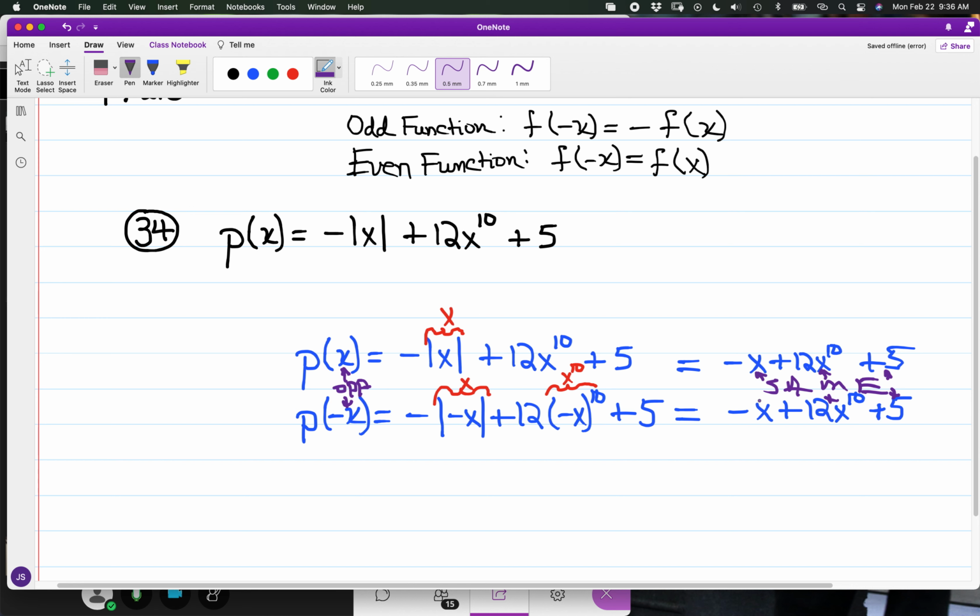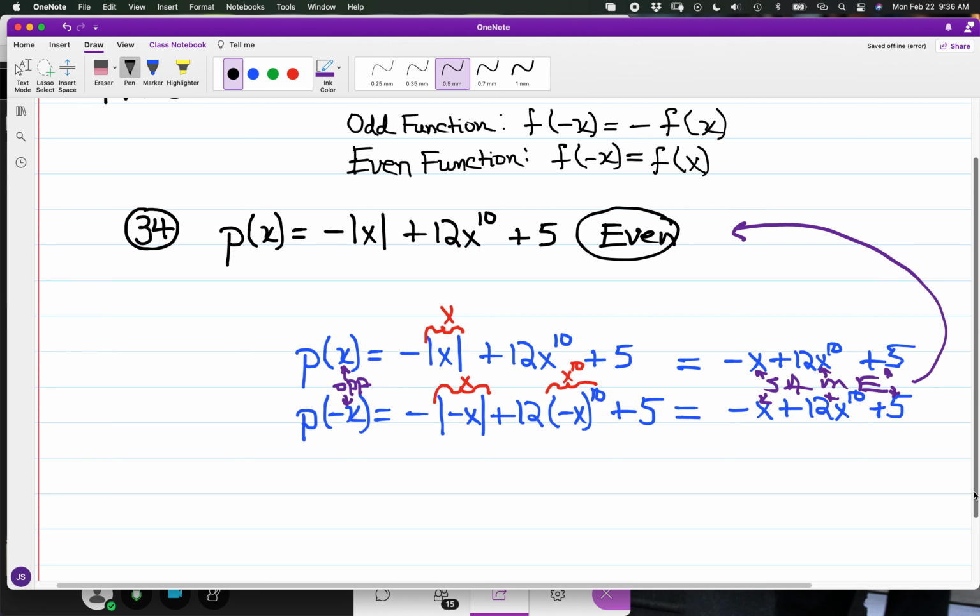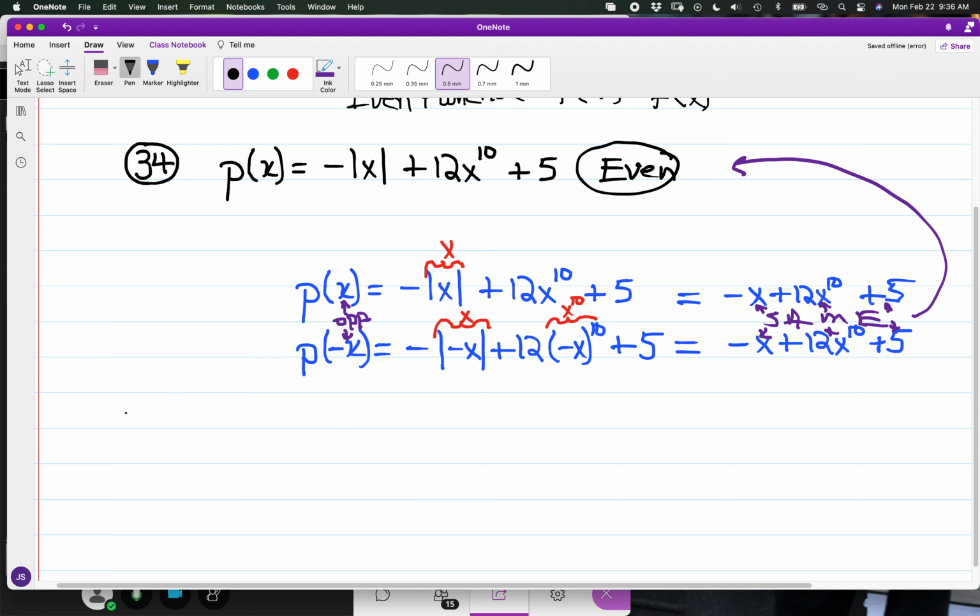So if we have opposite sign inputs leading to the very same output, this is going to signal that p of x in this instance is a case of an even function. So 34 is going to be an even function. Now, for the case of number 35,